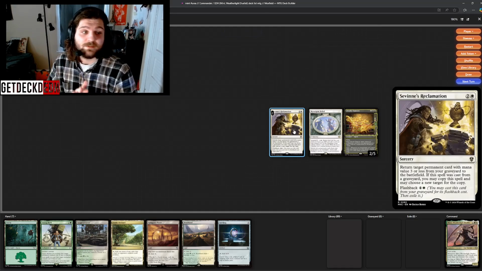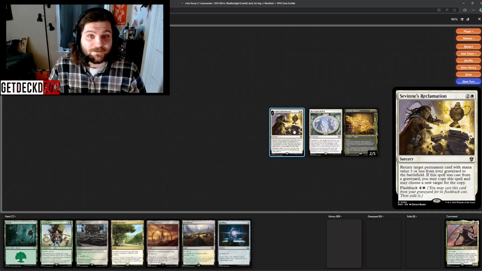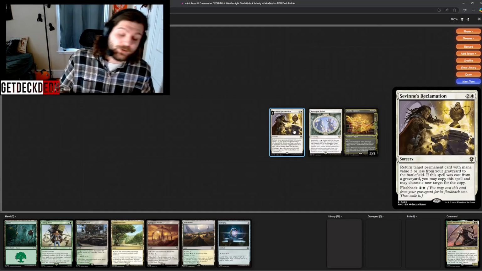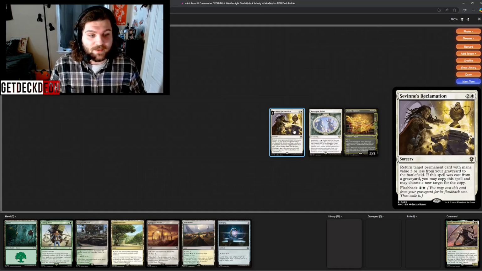The reason why is because you cast it for 3, you return a target permanent card with mana value 3 or less from your graveyard to the battlefield, and then it has flashback for 4 and a white. So if you cast this from your graveyard, you can cast it and then copy it. So ideally, you would cast the first one. If Mirri went to the grave, you could bring her back for 3 mana,